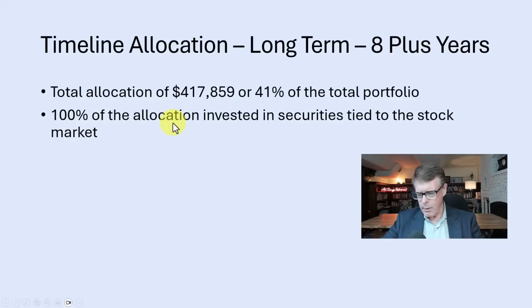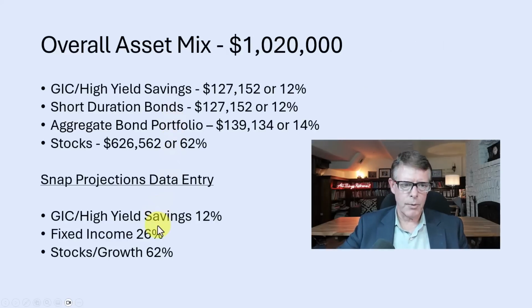So when we've done all that, what does that look like from an overall asset mix standpoint? So what you can see is that GICs, high yield savings accounts, would be 12% of the overall portfolio. The overall mix that Tom has is $1,020,000. Short duration bonds, which are very conservative, although you have to be a little bit tactical when you put them in the portfolio, 127,152, another 12%. You've got the aggregate bond portfolio positions, 139,134, or 14% of the overall portfolio. And then stocks would be 626,000 in total between the balanced positions and the pure growth positions, or 62% of